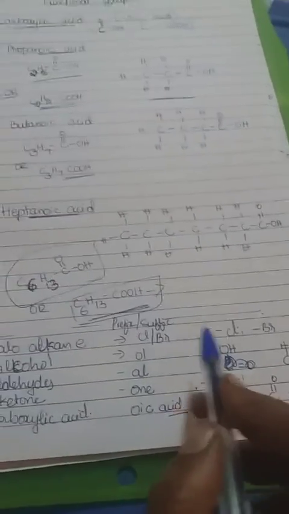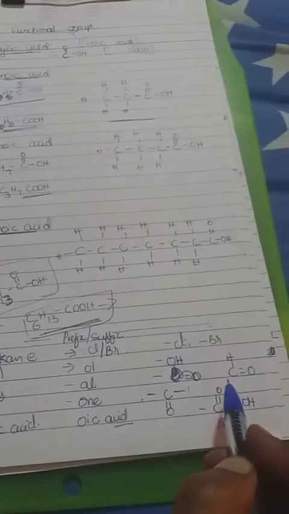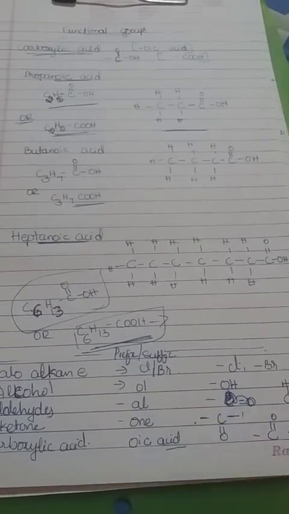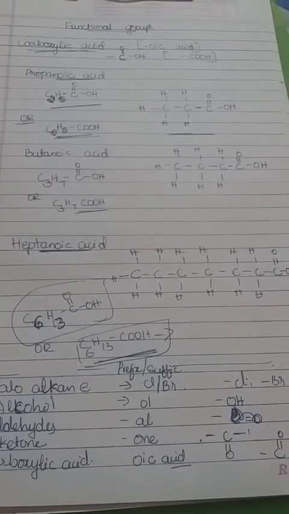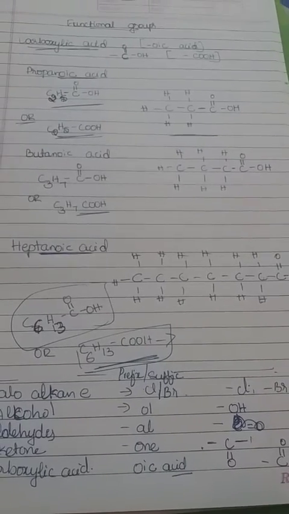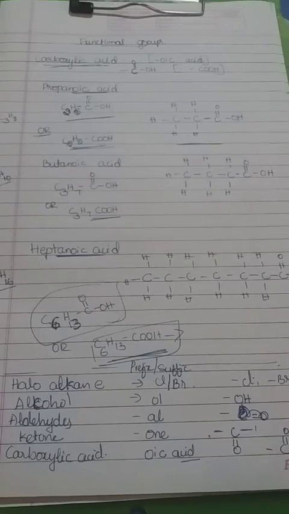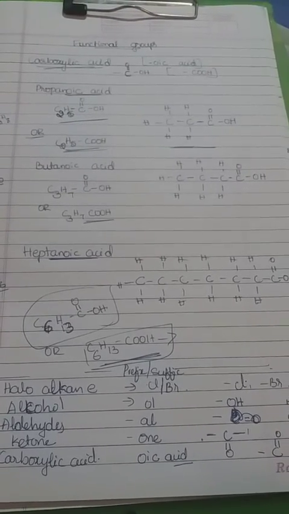If you know this table, then it is easy. How the ending term will be in a molecular formula, and how we call that by using a prefix or a suffix, that is important. So if you know this, then it is easy. Hope you will understand all the functional groups. Next period we will move to the next topic.